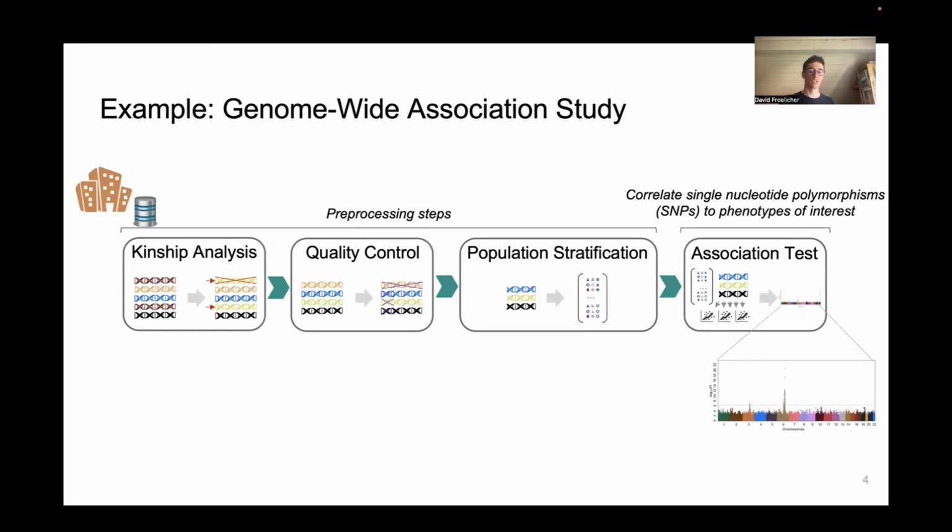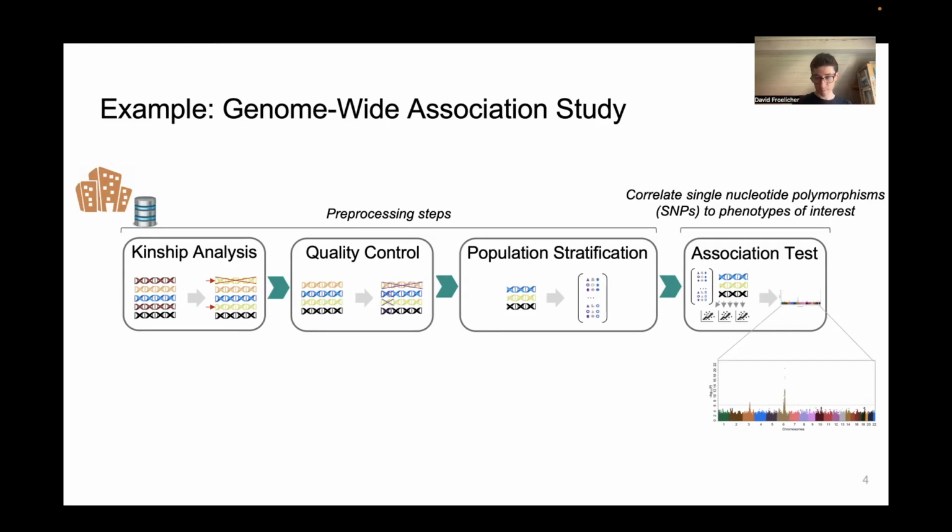Then the quality of the data is checked and the data are filtered based on this quality control. And then the structure of the population in the data is captured, usually through a PCA, such that this information can be included as a covariate in the association test that will then really check for the association between the SNP